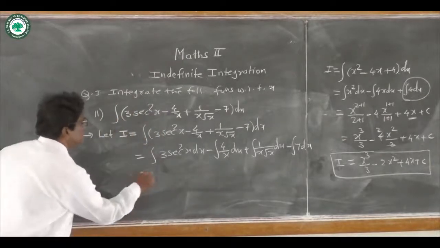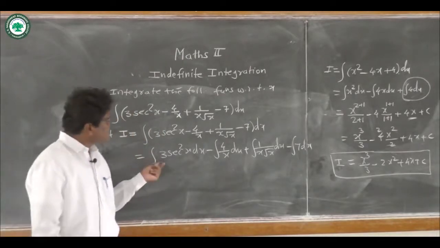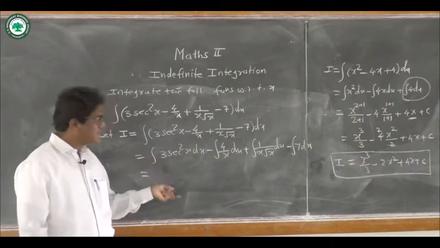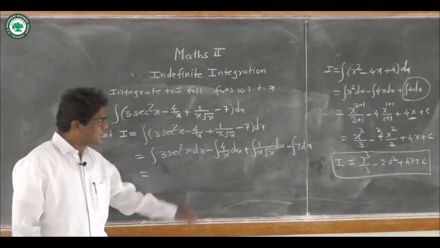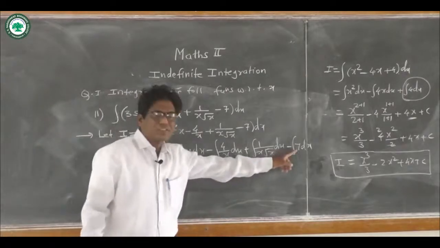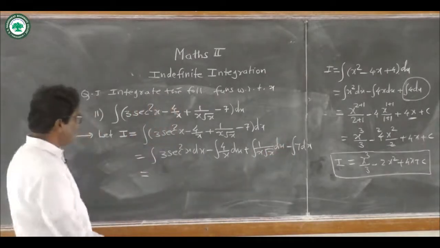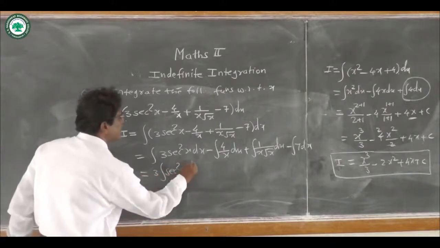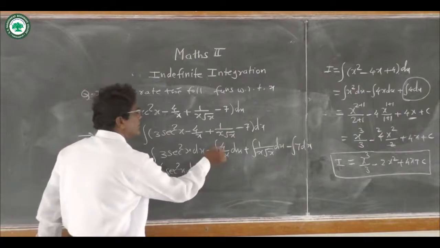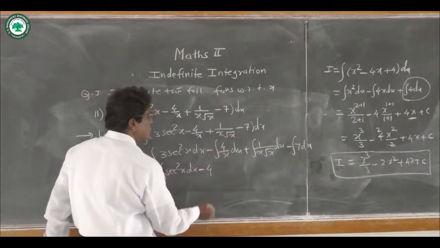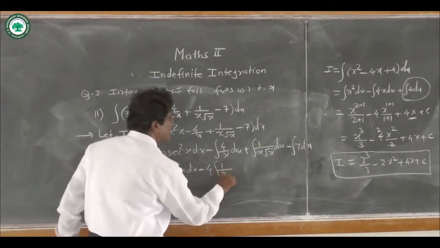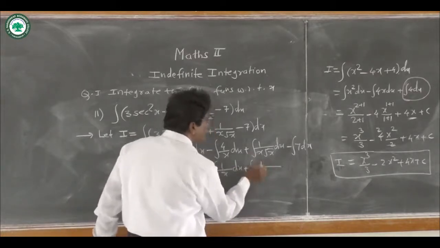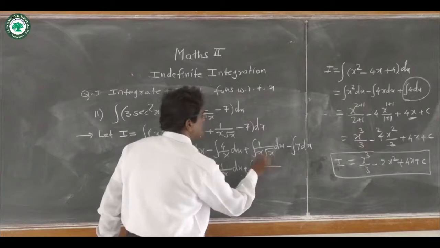So this is equal to, now here in integration of 3 sec square x, 3 is a constant, take it outside the integral, here 4 is a constant, take it outside the integral, here also 7 is a constant, take it outside the integral. So we get 3 into integration of sec square x dx minus, we take 4 here outside the integral, 4 into integration of 1 upon x dx plus integration of 1 upon here x root x,